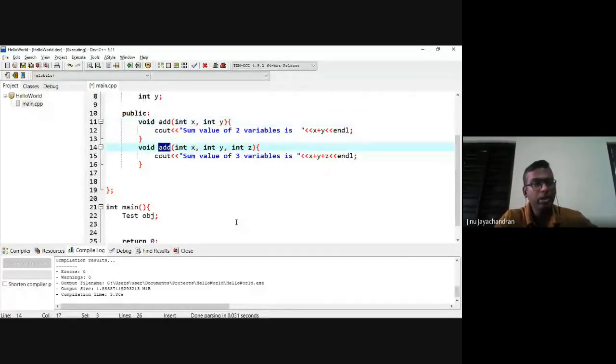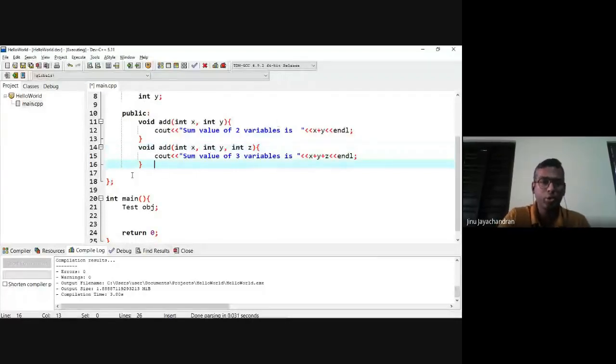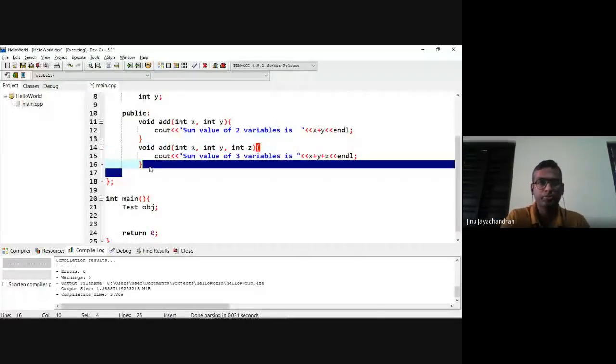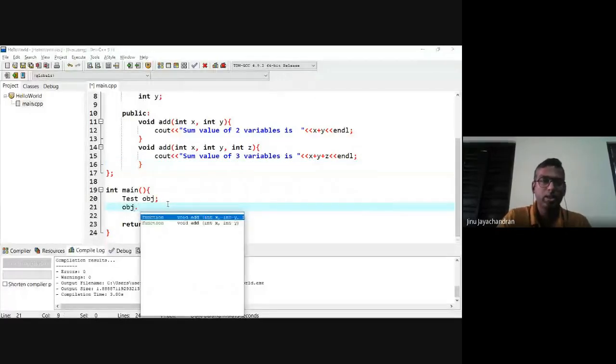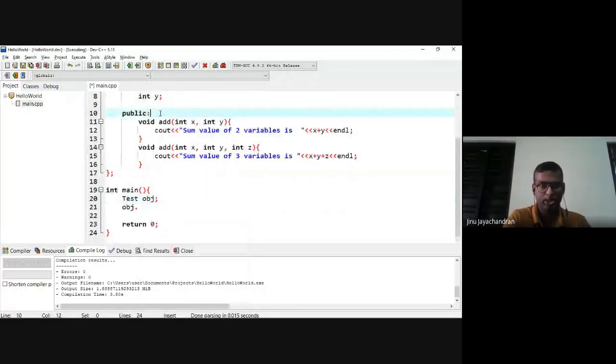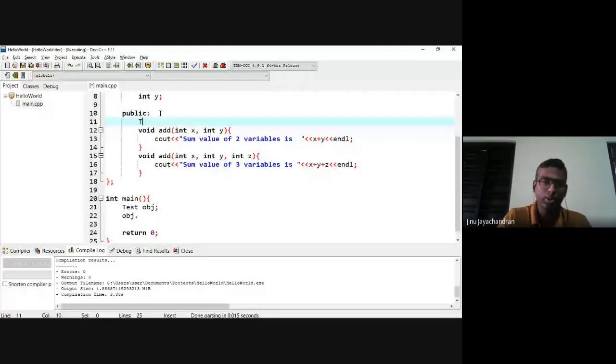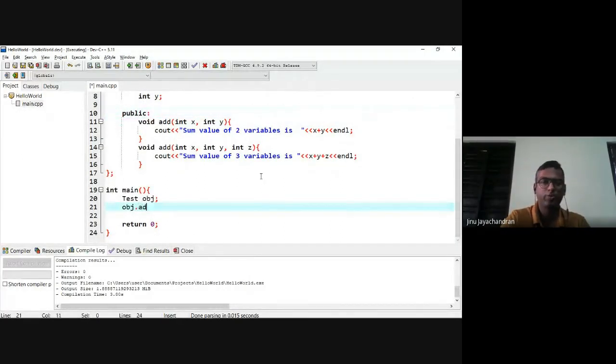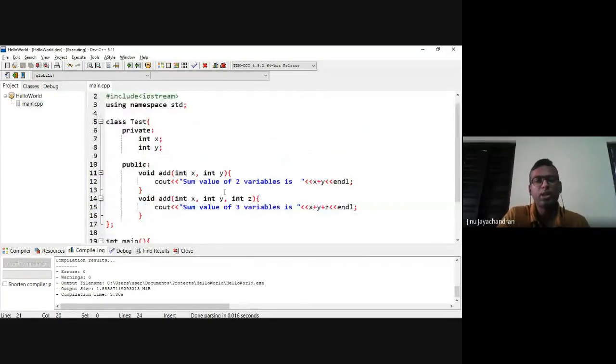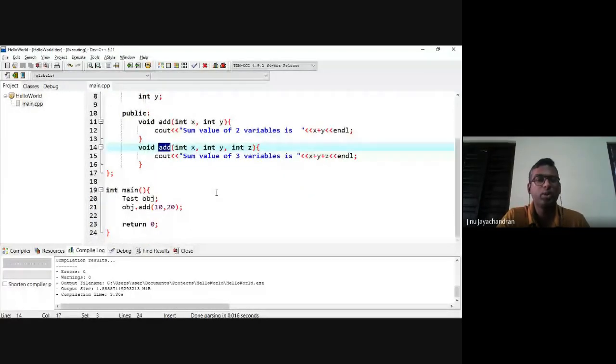Okay, now the question is, will this give you any compilation error? That's my question. So if I do this obj dot, let me first initialize these values. Let me create a constructor, or I don't want to do that. So obj dot add of 10 comma 20. The question is, will this cause a compilation error? Because you have the same function name. So won't the compiler be confused when you call that function, which function to be called? Because both the functions have the same name. If I compile this,